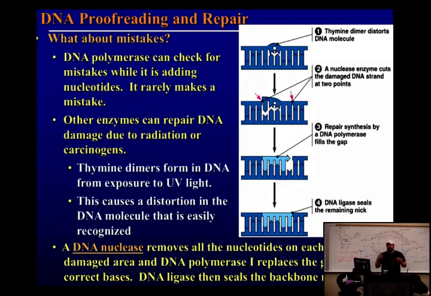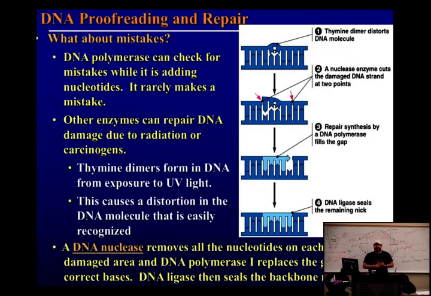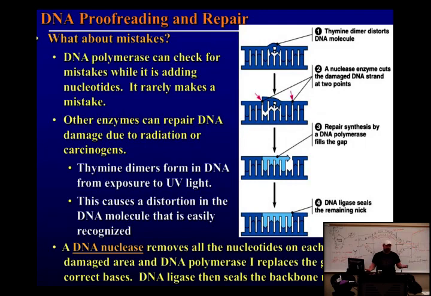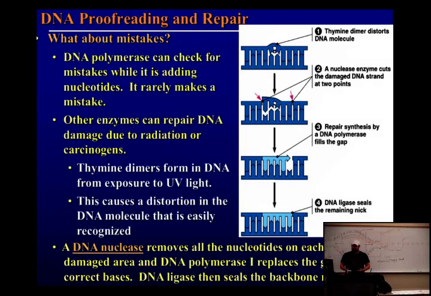All right, so the last thing we're going to talk about is how DNA only makes one mistake per billion nucleotides. And it's really not that good. You know, think about you if you're typing a book. You're going to make a few mistakes, right? But let's say that you had a bunch of proofreaders that read your manuscript before you were going to publish it. There would be less errors, right? The more people that read it, the less errors there are.